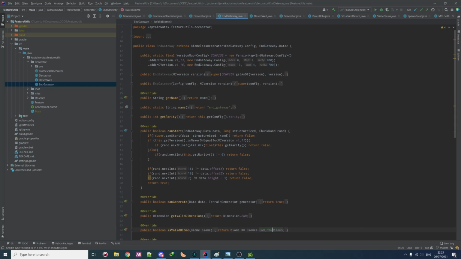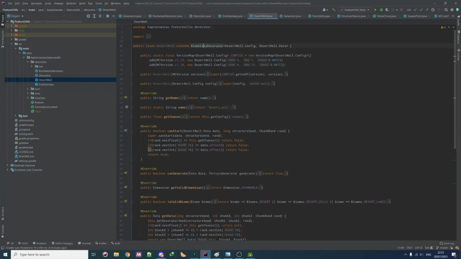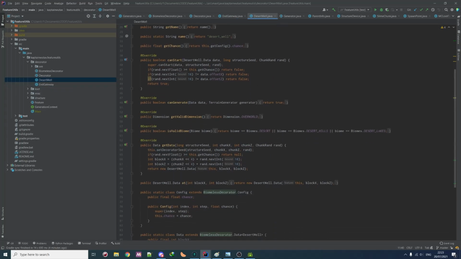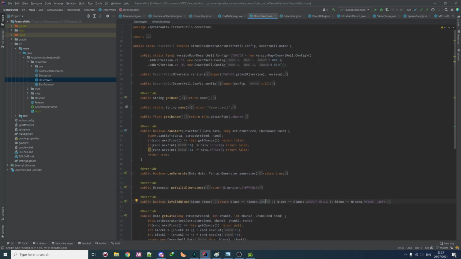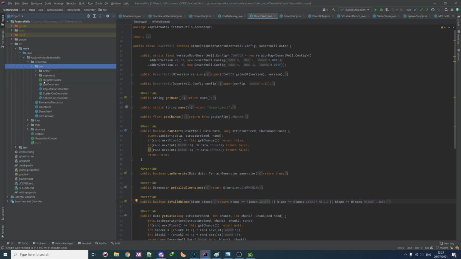So you have only one index and step possible in that biome. For desert well it's the same. Well, it's a bit different because they can actually generate in three biomes, but in all three biomes they arrive in the same order. So they will have the same salt in all the different biomes, which is not the case for all the decorators. So let's go to the ore decorator, which was introduced quite